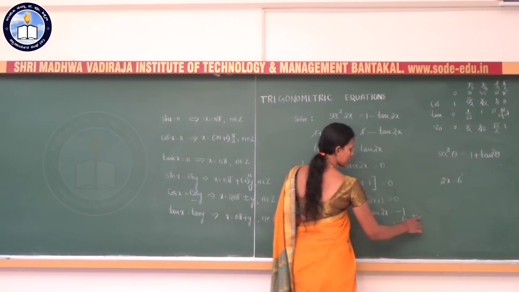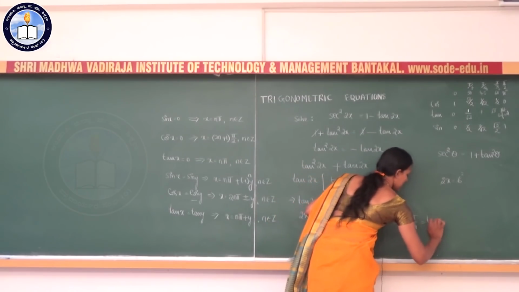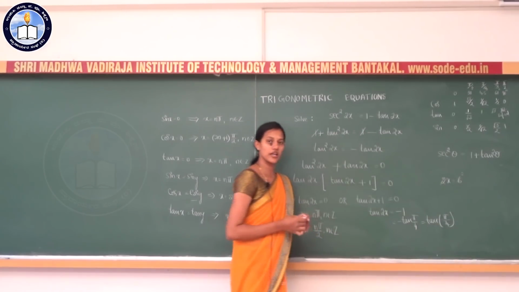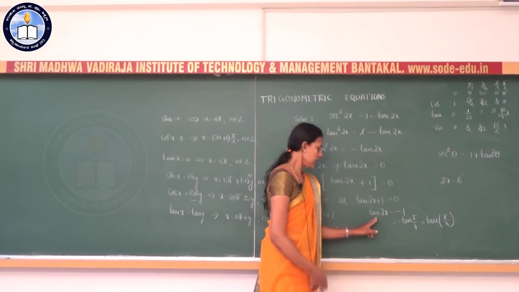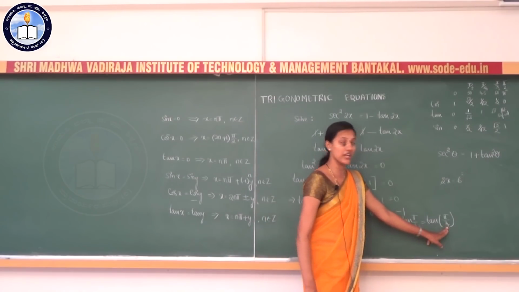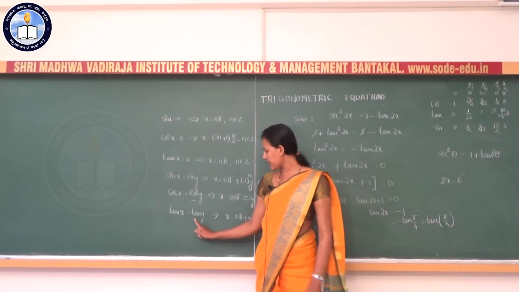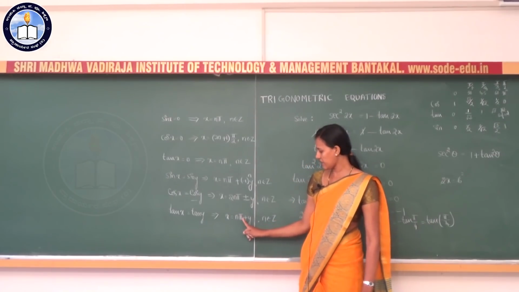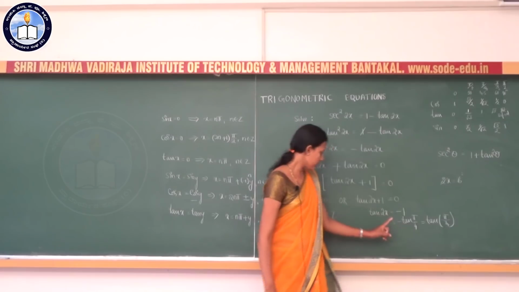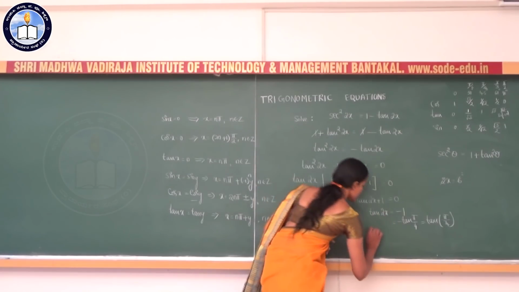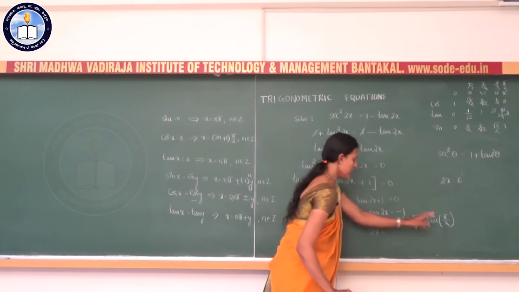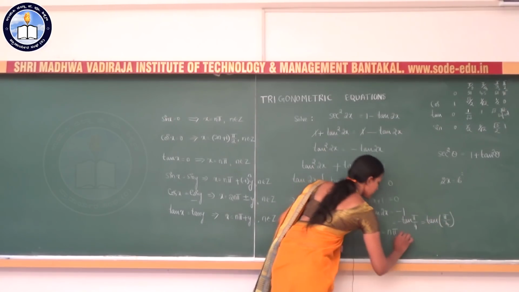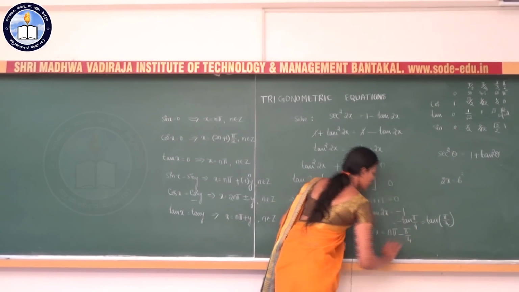And minus tan of pi by 4 can be rewritten as tan of minus pi by 4. So we have tan 2x is equal to tan of minus pi by 4. We compare it with the last expression here. So x is n pi plus y. So here in the place of x there is 2x. So 2x is n pi plus y, where y is minus pi by 4.